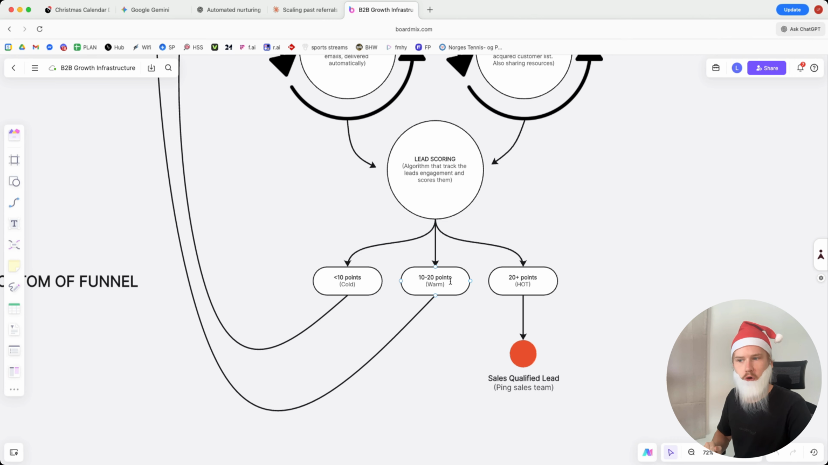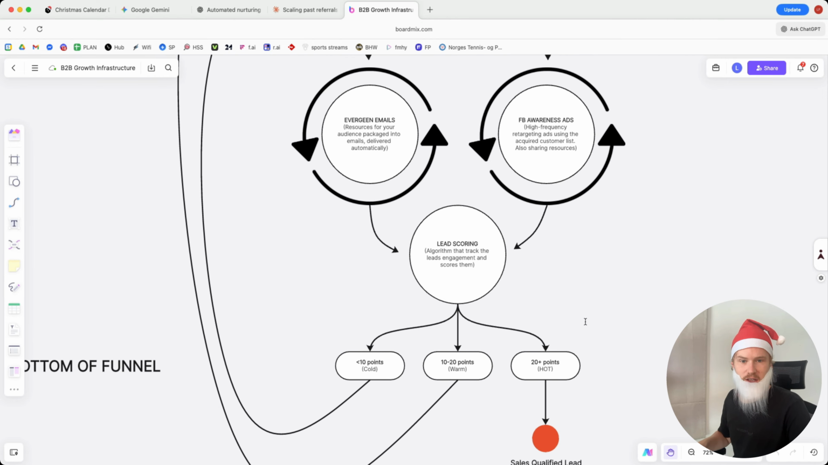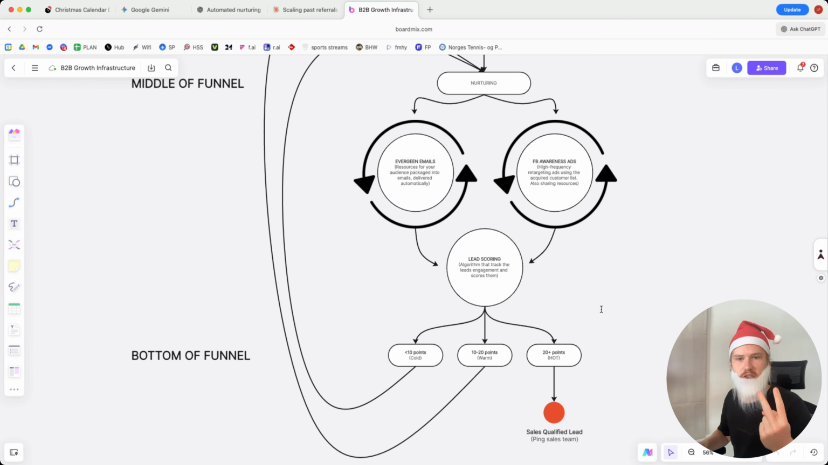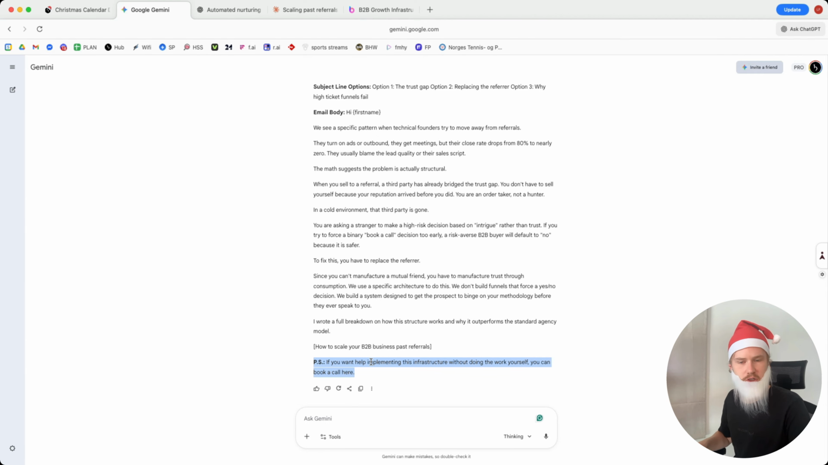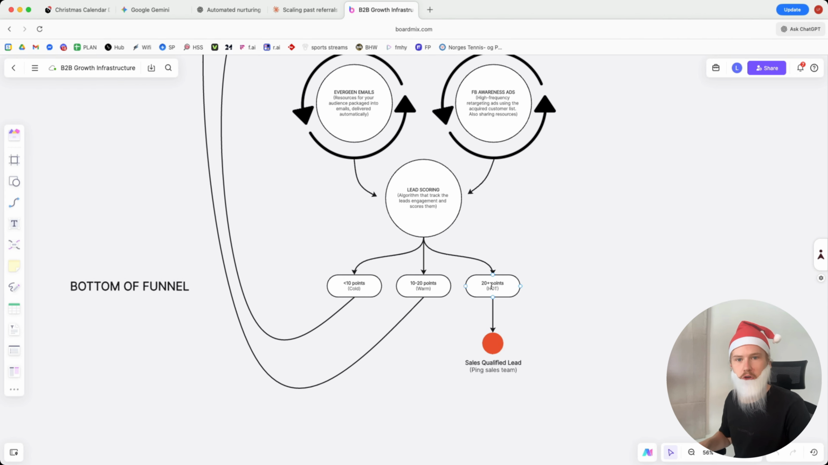So you have cold leads, you have warm leads, and you have hot leads. The hot leads are naturally the ones that you want to follow up yourself one-on-one. And then, so you essentially have two places that people can convert. You have in the emails, as we saw here, you have a PS, if you want help implementing this, then book a call. And then you also have when people turn hot, where you reach out to them directly yourself, because then you know that they've already consumed your stuff, they already like you, and they likely already trust you. That's the type of infrastructure that we're setting up throughout this Christmas calendar, and that's how you integrate these emails